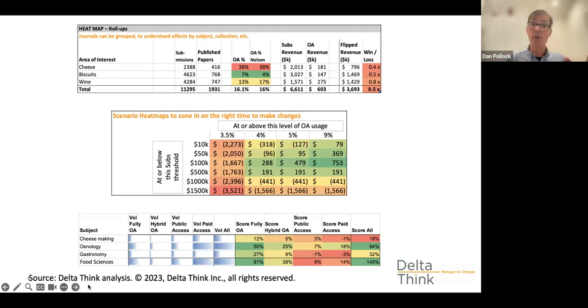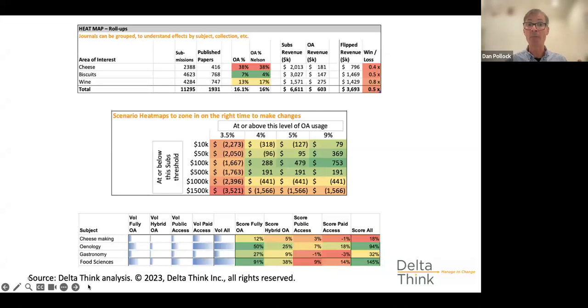For example, at the top, they may say, well, okay, we need to build all the data journal by journal, but we actually want to know what this means for different collections or disciplines. So here, if we're dealing with a medical publisher, they might want to think about, is my nursing list different to my medicine physician list, different to my dentist or vet? Here in our fictitious example, within food sciences, we're saying you might want to differentiate between cheese making, biscuit making, and wine making, each of which may have several journals below it, but you're just trying to wrap all that up. And particularly if people are selling and buying collections that are organized by discipline, that kind of table